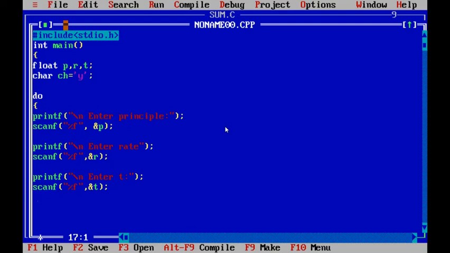Now we will calculate SI. We must declare the SI also to store the simple interest, comma SI.